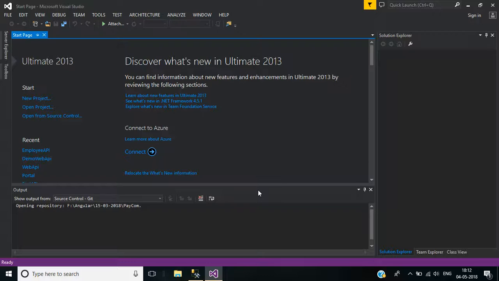Today we are going to learn how to create a web API project and SQL Server database, and then create an entity data model for this web API project. Okay, let's start. First click on new project,